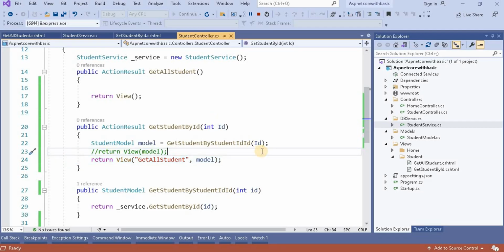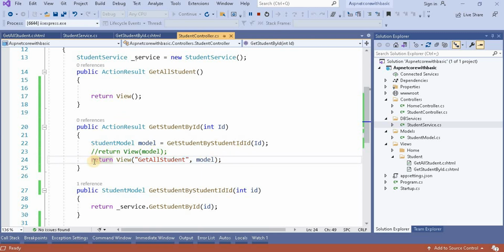So this is the way of calling a different type of the View overloads which we have in .NET Core. If we are passing a model, then simply we have to call that particular view with the model. If we are calling another view, then give that particular view name. And if you want to pass another view with the model, this is the way of doing it. So these are all the methods.